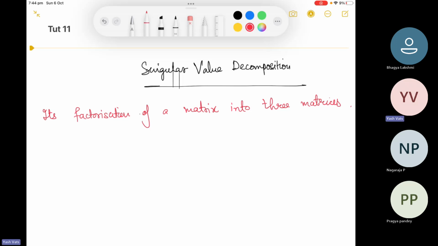So how does it factorize? It has applications in data science and so on. So how do you factorize a given matrix? If A is a matrix, can you find such matrices